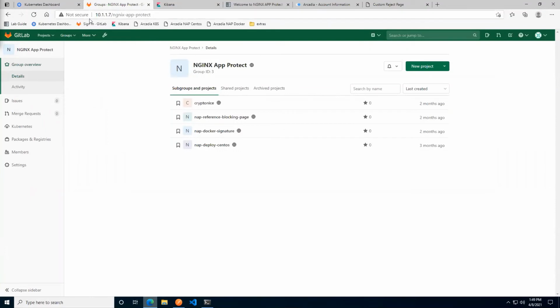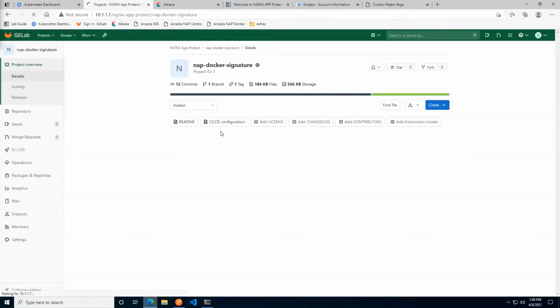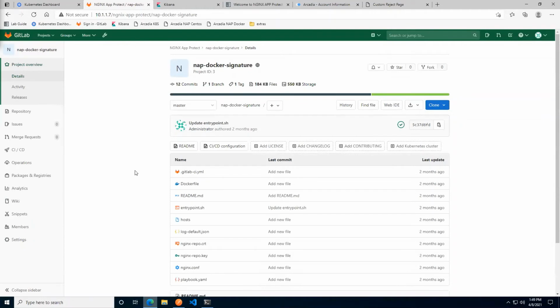So my URL reads 117 Nginx App Protect. What we want to do is the Docker signature element, the NAP Docker signature side of things here. It's all been pre-created for us, the automation chains and whatnot. It's all been put in place for us.